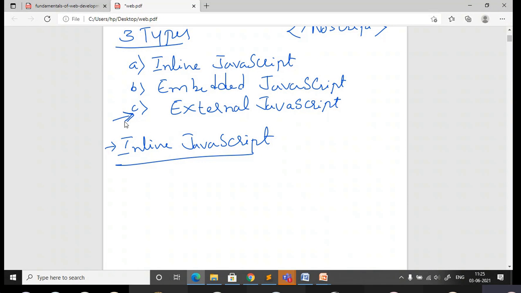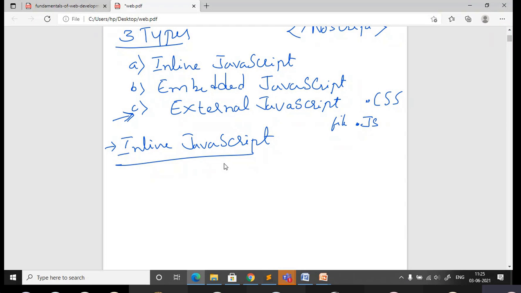It is a good practice for either CSS or JavaScript. Use external JavaScript only. You need to create a separate file with the extension .js, just as you used .css for cascading style sheets. Now you give the file name .js and link this file to your HTML file.